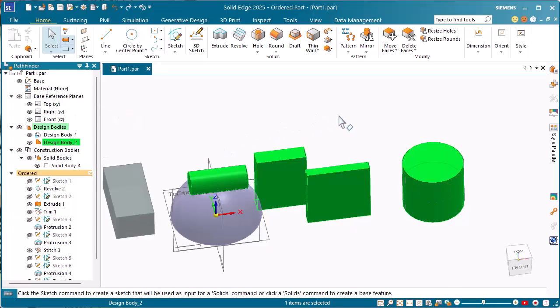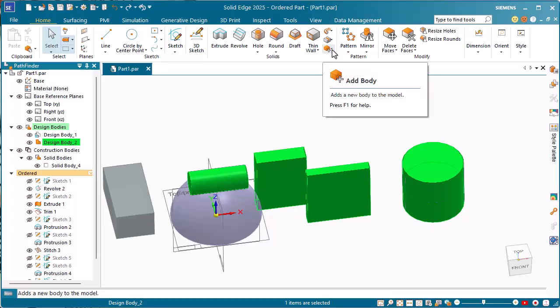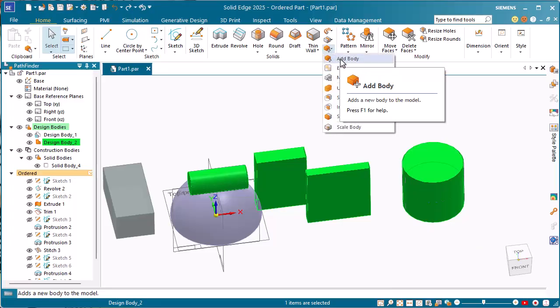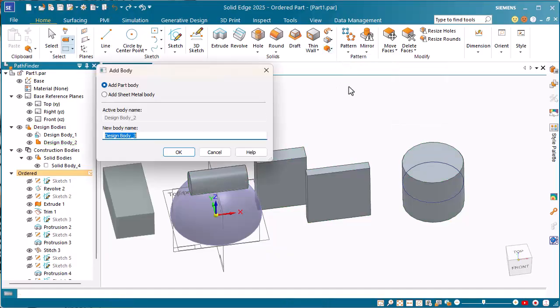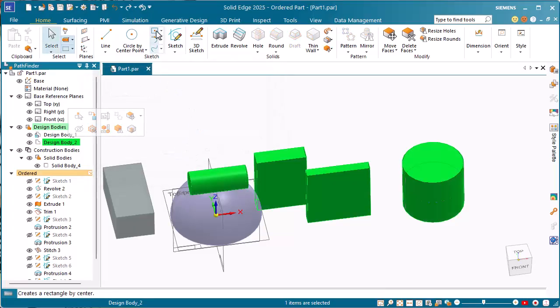If I wanted to create a new body, I have to tell Solid Edge explicitly that I want to do that. So I'd have to go to this drop down and select the add body function. On this body, I can name it, and it can add it as a sheet metal part or a regular body. Say okay, and